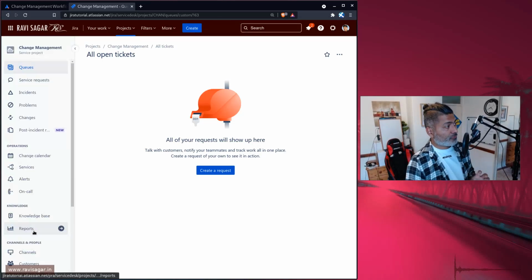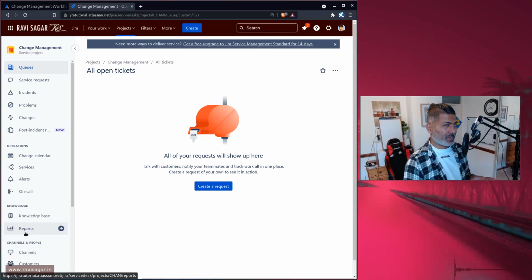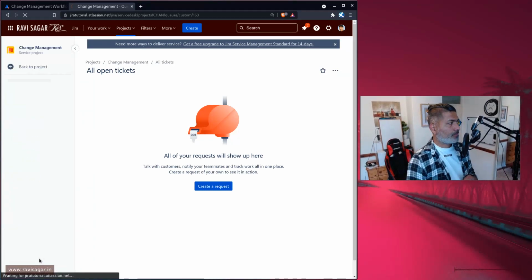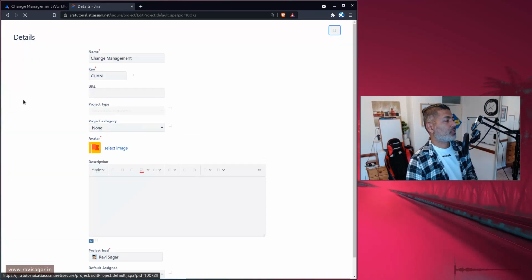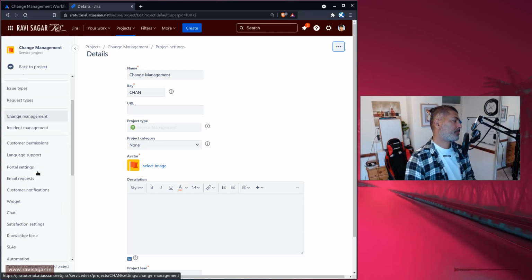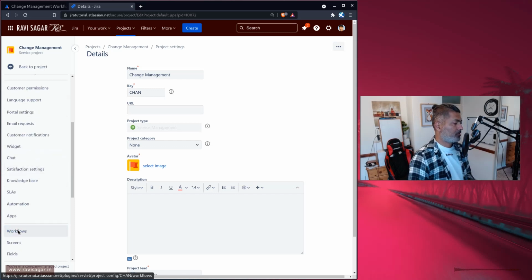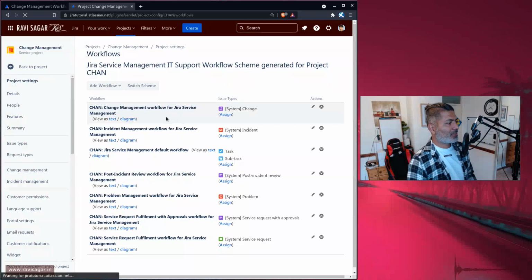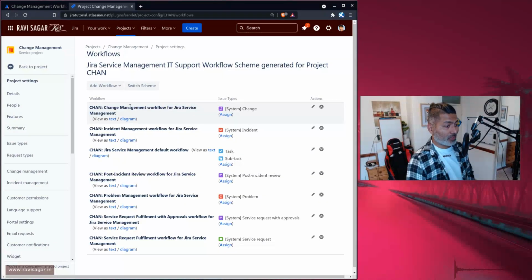So when you create a new project of type IT service management, I guess that was the name. If you go to the project settings, you should be able to see a workflow which is a bit similar to what is mentioned on the, where is the workflow? Yes, cloud. So we are looking at Jira Cloud here. Change management workflow is the workflow that we have. And if you click on the diagram,